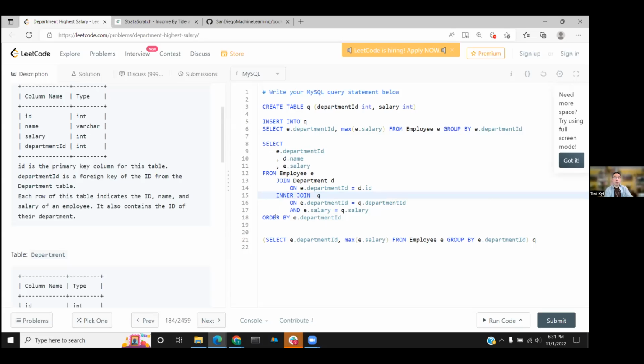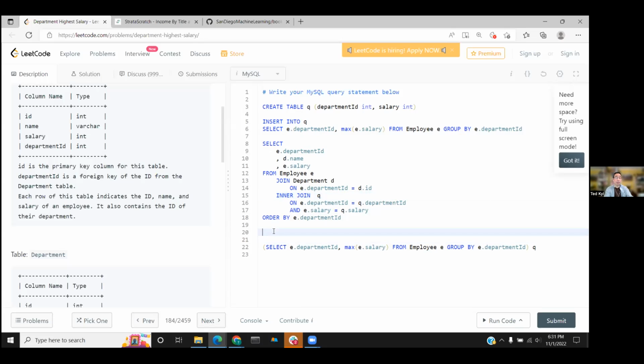okay, that if I did this, then what I would have to do is, when I'm done, if I'm being a nice person, I would have to actually delete my table. Okay, just because, you know, I don't want to leave this extra thing. But then what happens if somebody else is running this same type of query and they call their table Q? Well, that's going to cause problems, because now we're both going to try and create a table Q at the same time, whatever. So there are these things that we'll probably do in the first supplemental session after Thanksgiving, after